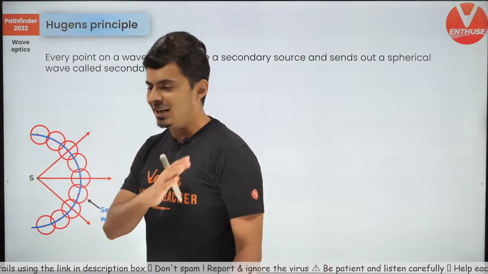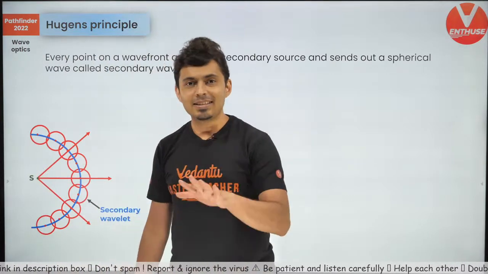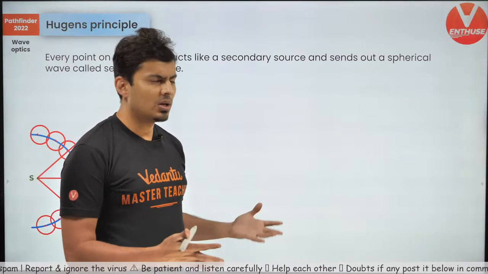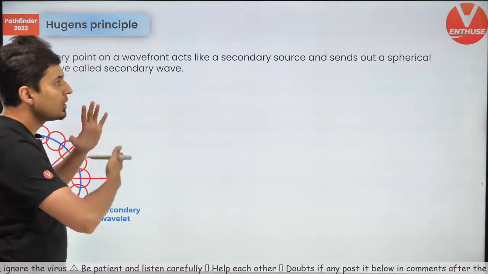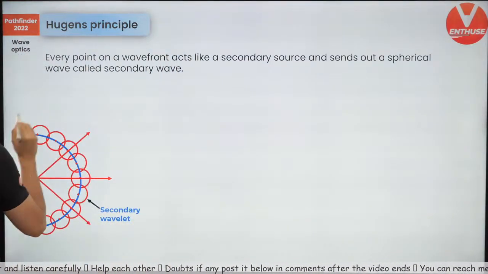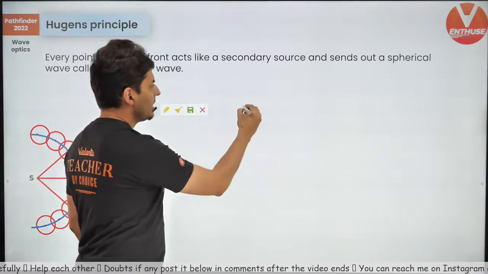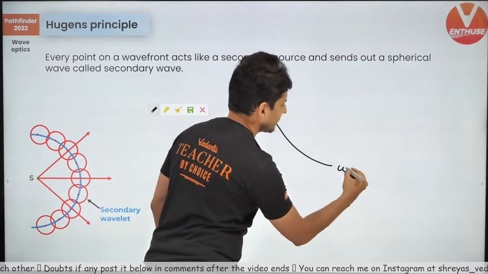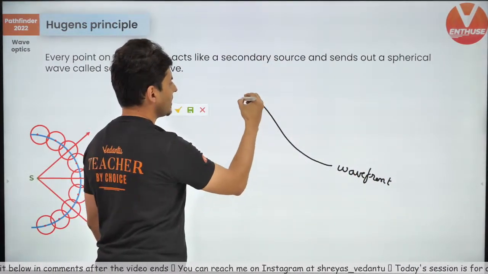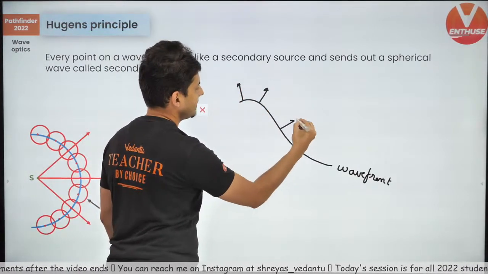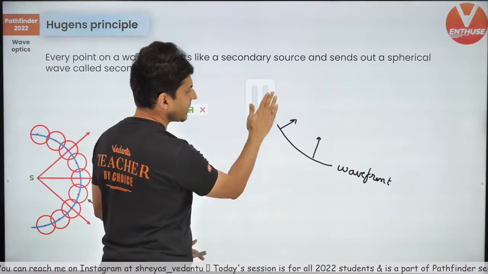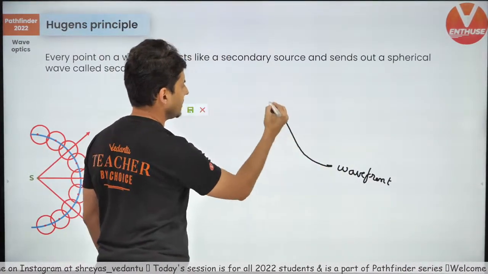Now that you understand what Huygens construction is, let's make use of it for a peculiar construction, which is also called Huygens construction. It's used to find out how the new wavefront looks after some time. So say for example, somebody tells you, listen, this is my wavefront. Okay, this is my wavefront at some point of time. That means my rays are traveling like this, like this, like this. This is how my light is traveling in different directions. Okay, this is just for your visualization. Let me just draw it again.